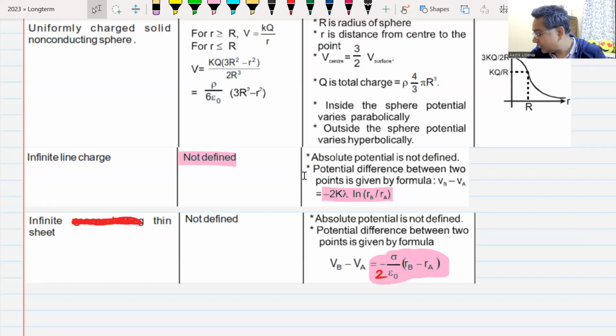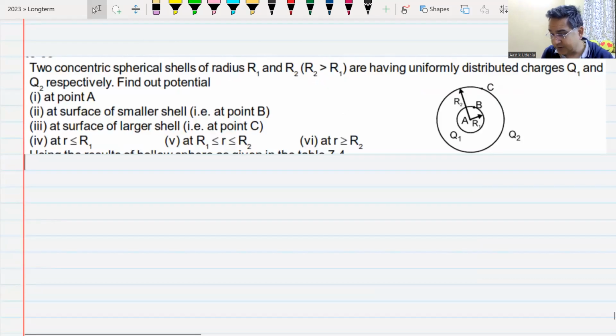Yes, sir. Now, we had done a few questions on this as well. We will do a couple more questions before going any further. So this is the question we have done, brother of this question in electric field. This is the brother of the question in electric potential. Again, we'll assume that the potential at infinity